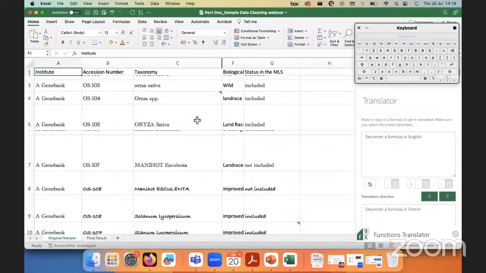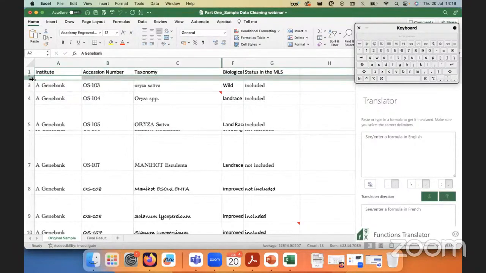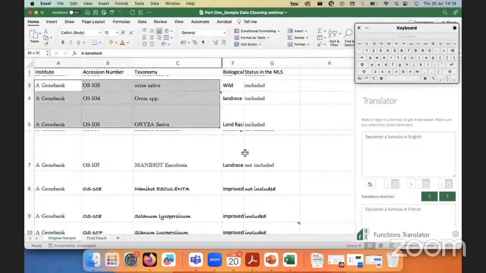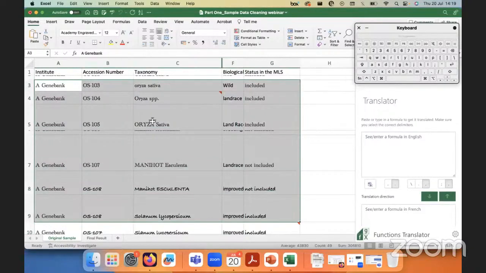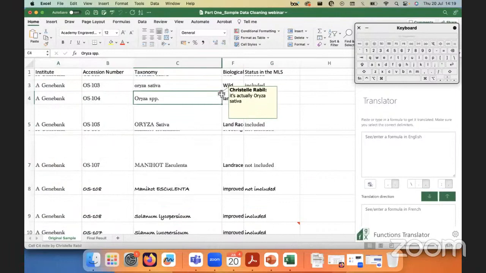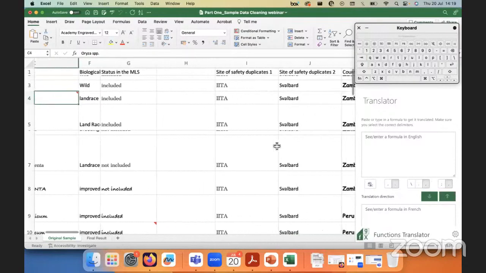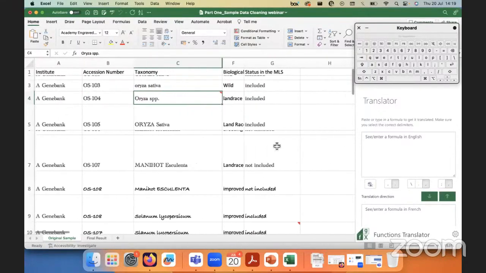So what we are looking at is the data sample that we are going to be using for the rest of the series. You see it looks in a shape that's not very legible. You see here that there are some rows that are hidden and also columns that are very small. You see obviously all the different formats and typography that is being used. You see here that there are some notes about the data here and here. So we will start by systematically cleaning this data following different steps. First of all,